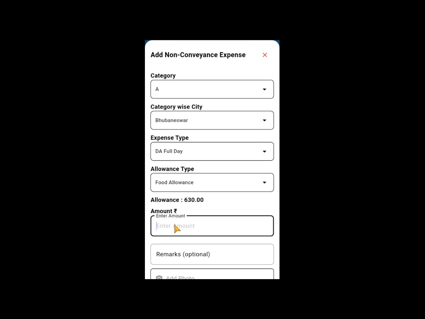If you put more than 330, you can see here that this amount exceeds the authorized limit, because your approved amount is 360. But when we put more than 330, it will be accepted, but you have to give some reason. Give your text below, because you are informing that this is more than your allowance.